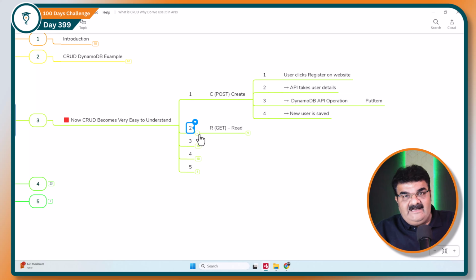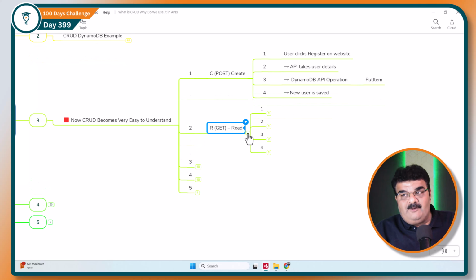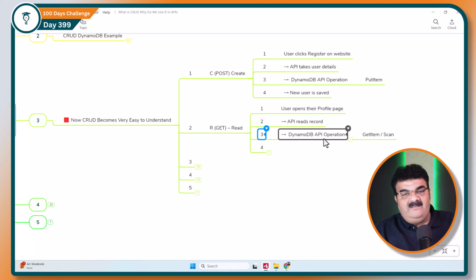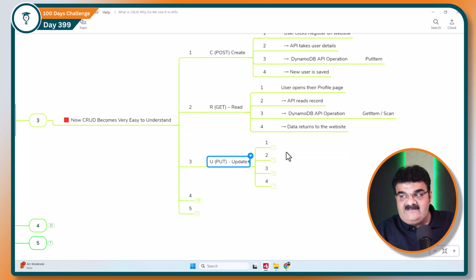Now let's say that I am an existing user, I am reading my profile. So we have another API. Now this API is for the read operation. So the API reads the record. It is going to read the record from the DynamoDB table and it will present it on the front end. In DynamoDB, we call it get item or scan operation. So data is returned to the website. Same way, the user is updating their record. So we have